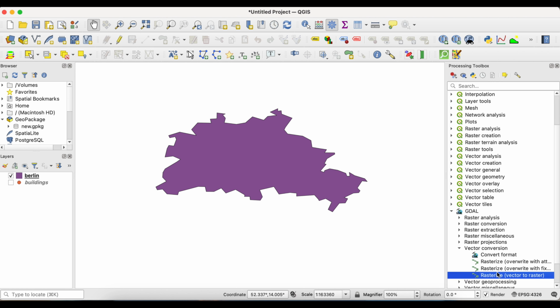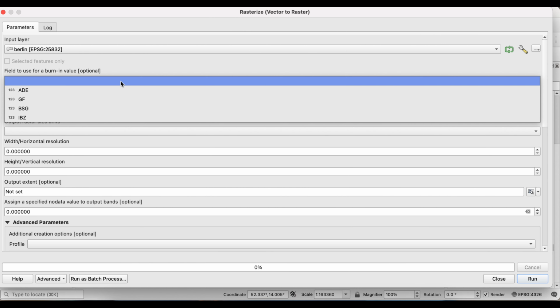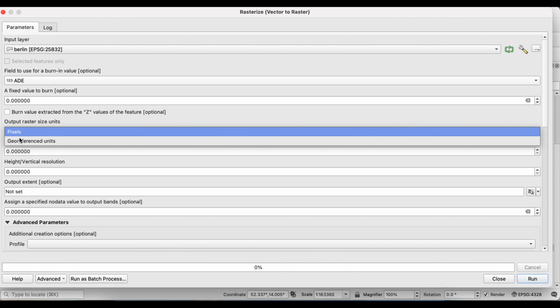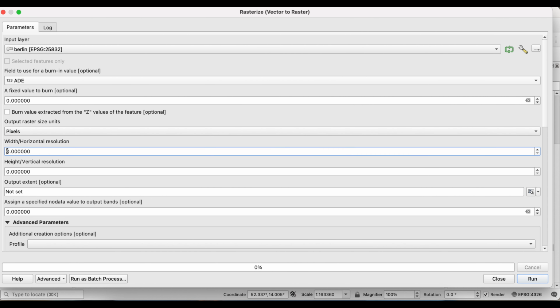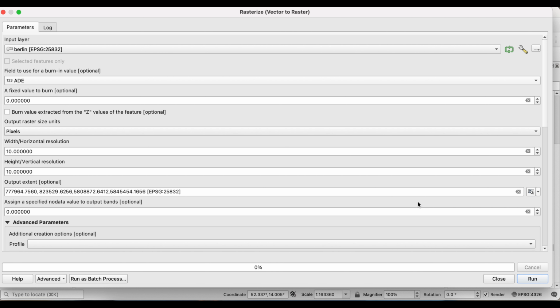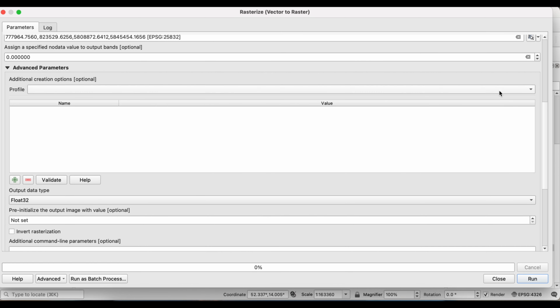You choose the rasterize option from vector conversion and input layer as the vector which you want to convert. In the field to use, you can choose which pixel value to write into the raster. For the output raster size units, you can either choose pixels or georeferenced units. I am choosing pixels and the resolution to be 10 with width and height both as 10. In the output extent, we choose calculate from layer, the same layer that we are rasterizing. In the profile, we choose default and